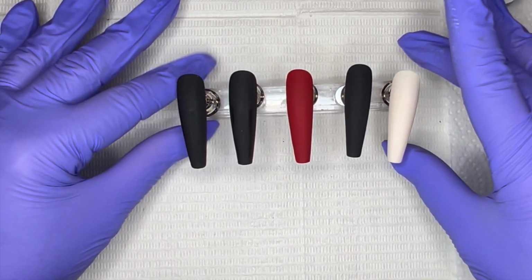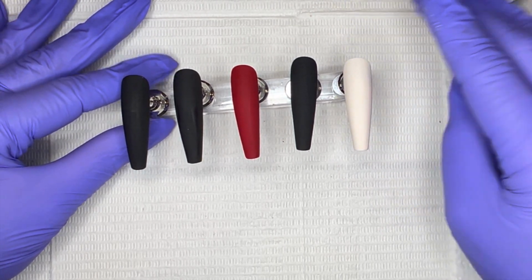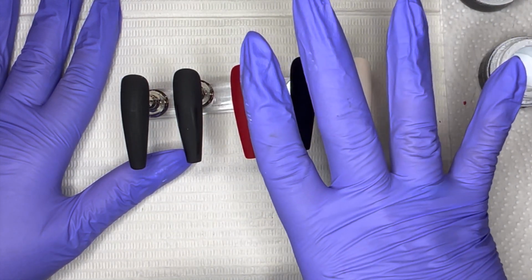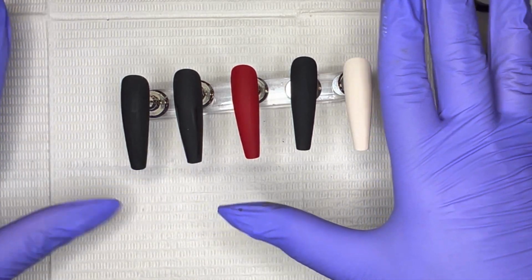Starting off this video with my nails already pre-prepared with their background colors. And we are sticking with the Sanrio Hello Kitty family, but we're moving on to Badtz-Maru, which as I